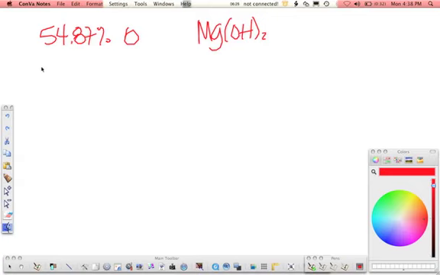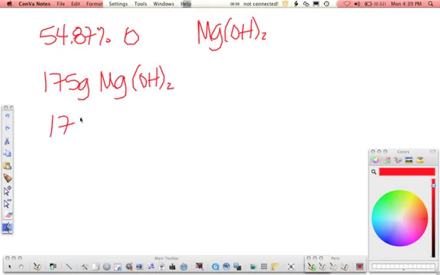And so they want to know if you have 175 grams of magnesium hydroxide, how many moles of oxygen do you have? So, if we have 175 grams of magnesium hydroxide, and 54.87% of that is oxygen. In order to get all the way to moles, we first need to figure out how much oxygen we have. So if you take this 175 grams and multiply it by 54.87%, or just take 175 times 0.5487, because this is how you mathematically work with percentages,